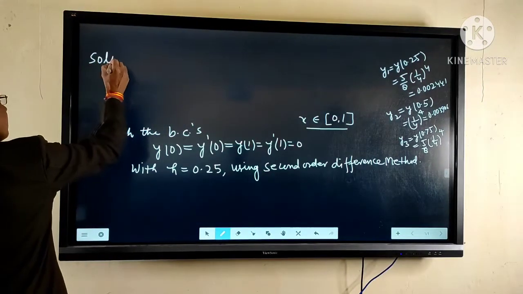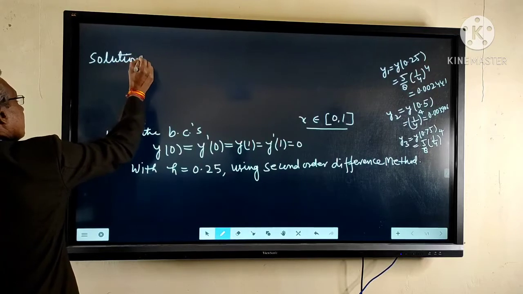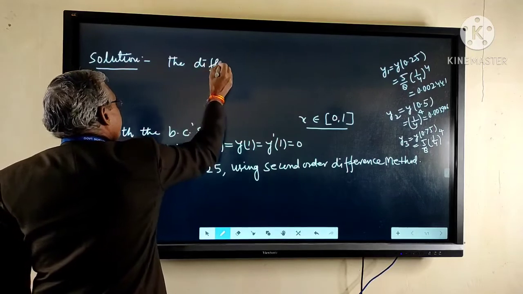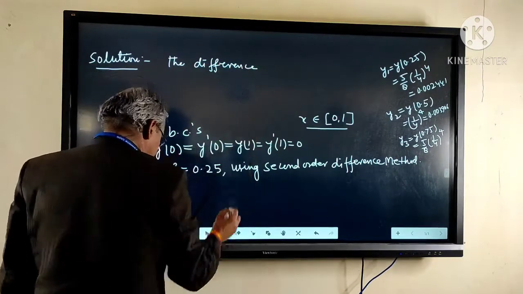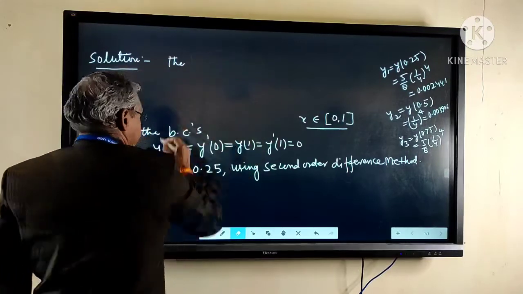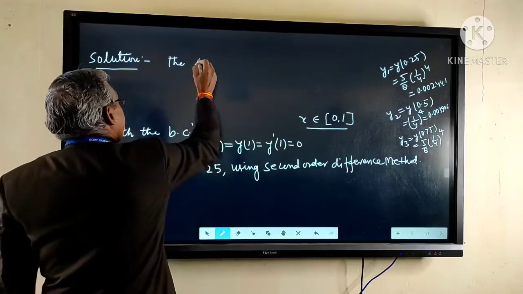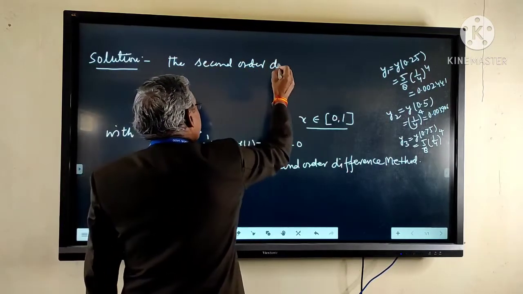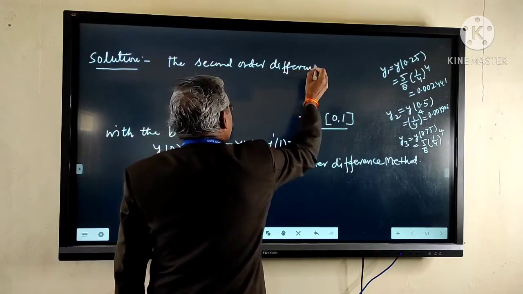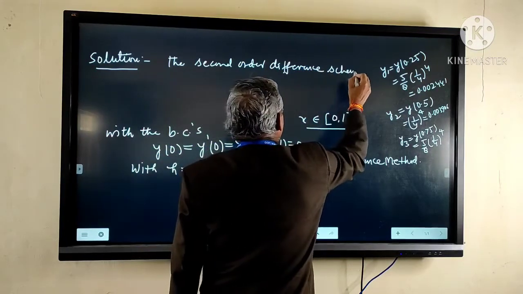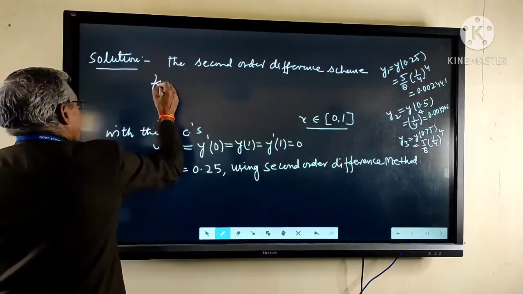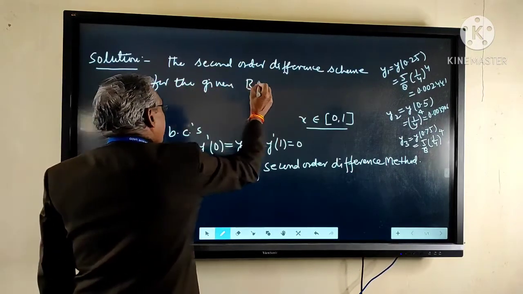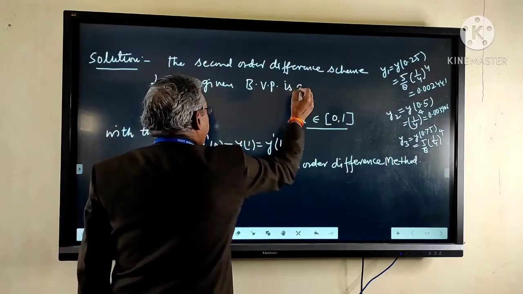Solution. The second order difference scheme for the given boundary value problem is given by